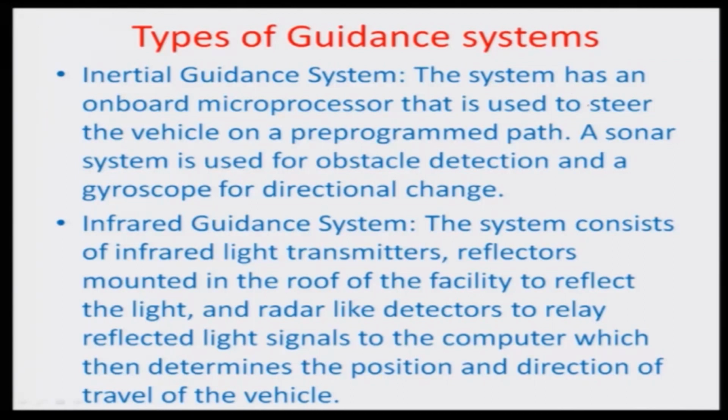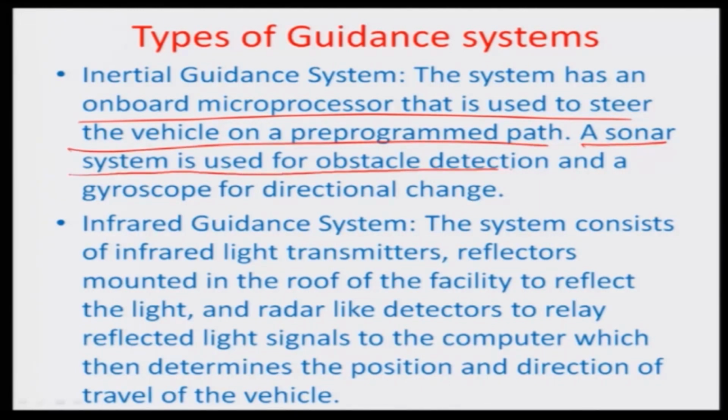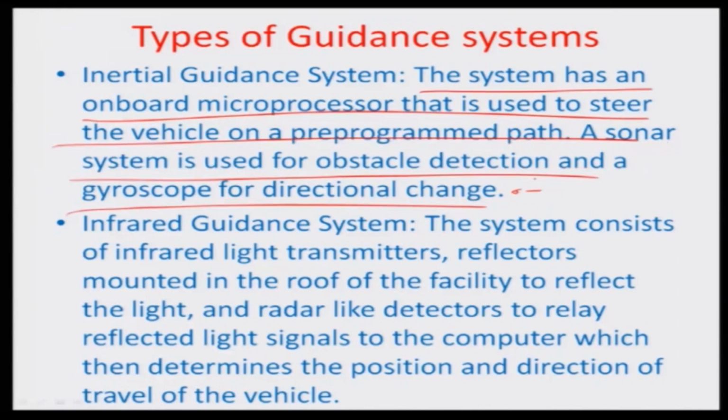The system has an onboard microprocessor that is used to steer the vehicle on a pre-programmed path. A sonar system is used for obstacle detection and a gyroscope for the direction change in this particular case. There can be an infrared. So typically in this category, a sonar sensor is used for performing the obstacle detection. A control algorithm is used wherever there is a reflected wave coming from an obstacle. It would try to direct the vehicle into a different track. So therefore there are no obstacle collisions in the process of the